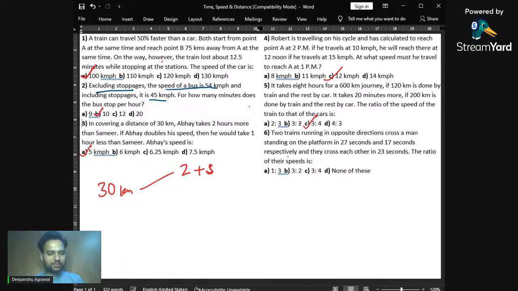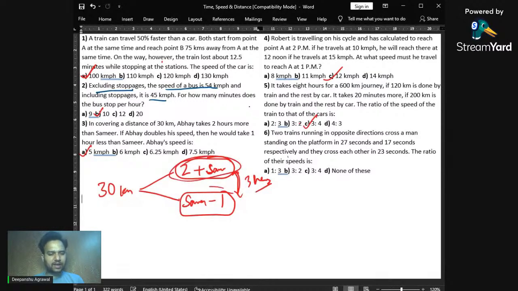So Samir plus 2, right? If Abhay doubles his speed, he would be taking 1 hour less than Samir. So I would write here Samir minus 1. Initially it was taking 2 hours more than Samir. Now it is taking 1 hour less than Samir, right? So can we say that there is a difference of 3 hours? 2 hours more than Samir and 1 hour less than Samir. Whatever the speed of Samir is, there is a difference of 3 hours between these two values,